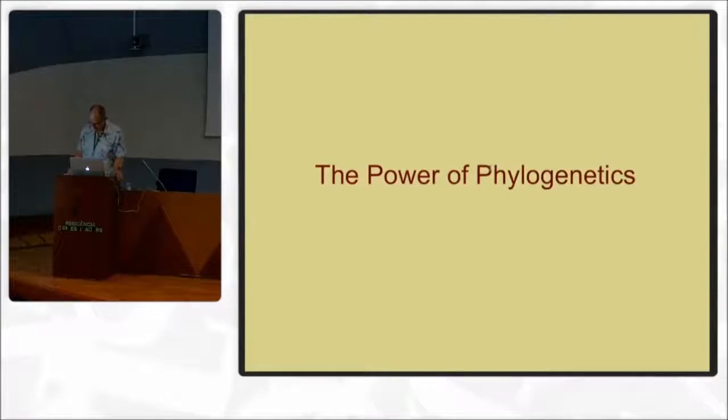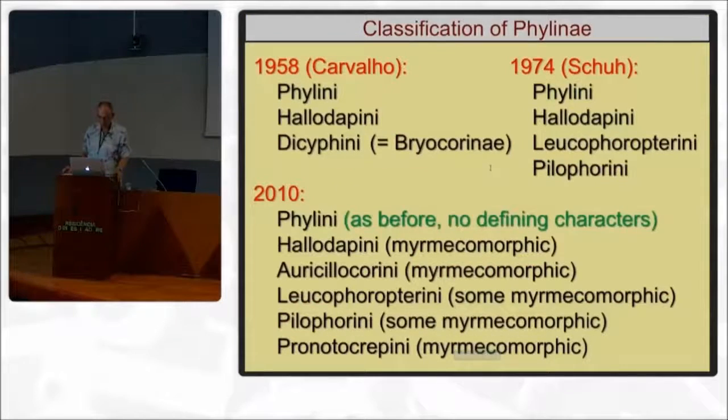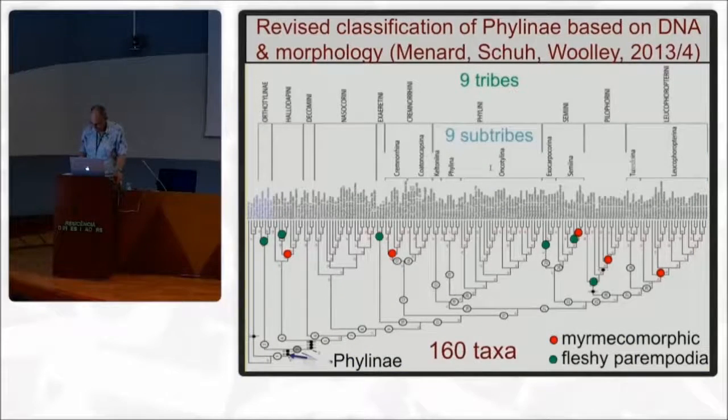This slide shows the progression of phyline classification over 4 decades. By 2010, it had become clear that there were at least 5 independent evolutions of ant mimicry in the Phylini, rather than just one. So here we see the progression of classification in the phylines from 1958, Carvalho's catalog, to 2010 with results from a number of authors. In the Carvalho classification,